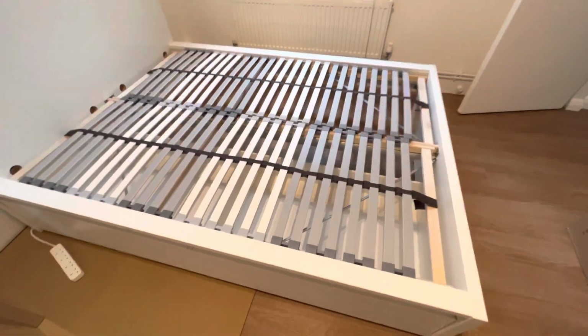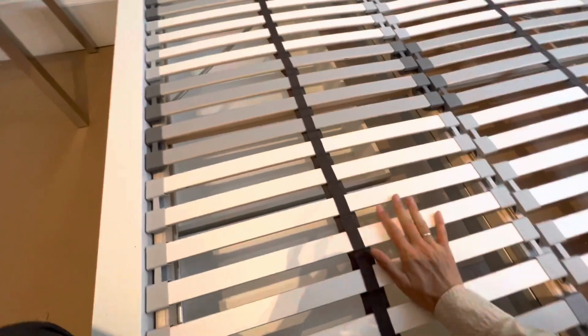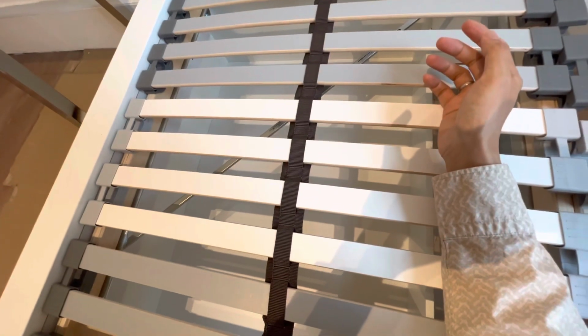Yes, very solid. You can see me sit on it right now. Yeah, or lie on it. Very awesome. IKEA, strong,